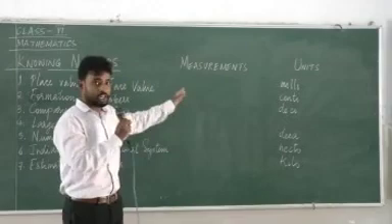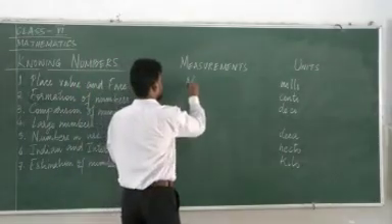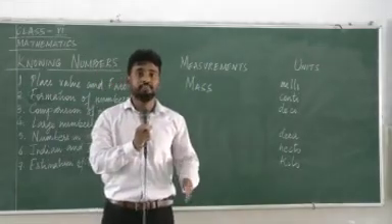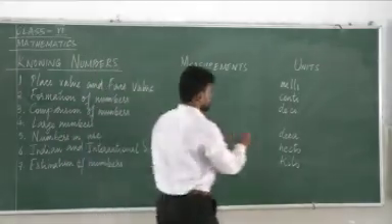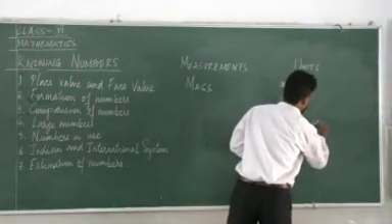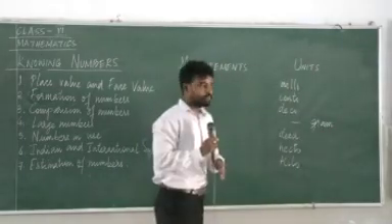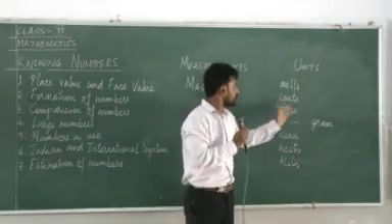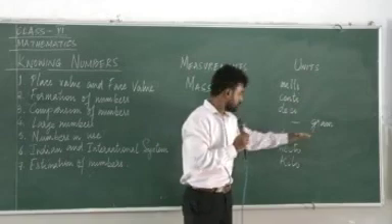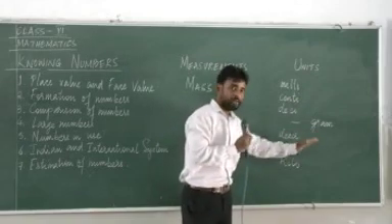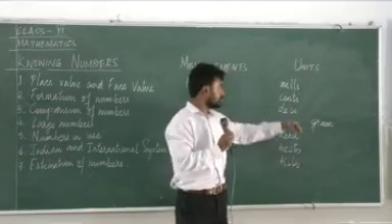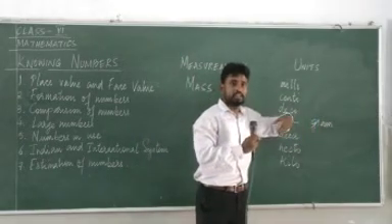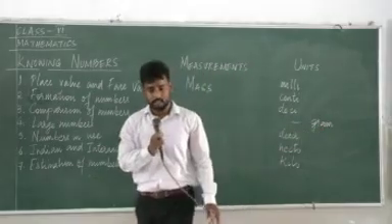Suppose we want to measure mass. And you know that mass is measured in gram. So here we'll have gram. Similarly, the other units will become milligram, centigram, decigram, it's gram here, decagram, hectogram and kilogram. So this is how we'll use the prefix, and the other part will remain the same.